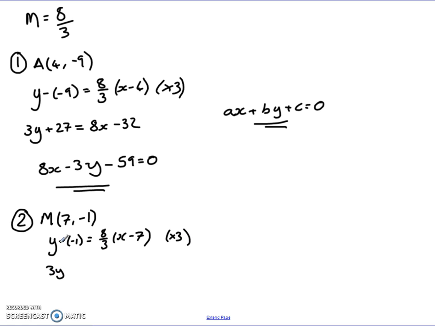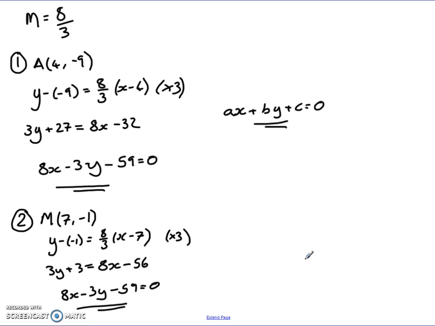I get 3y plus 3 equals, and then multiply the bracket out again, 8x, take away 7 times 8, 56. Get everything again over to this side, and again I'd end up with 8x, take away 3y, take away 59, equals 0. So it doesn't matter which point on our median we use,